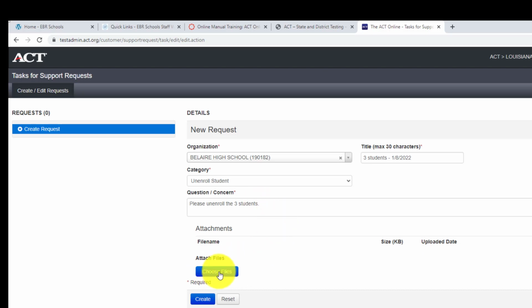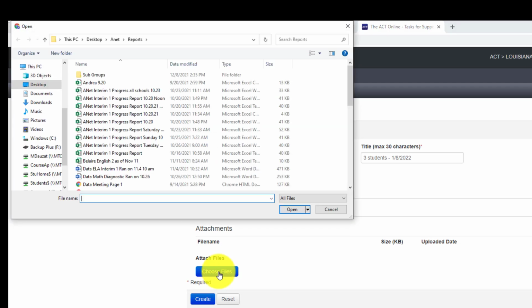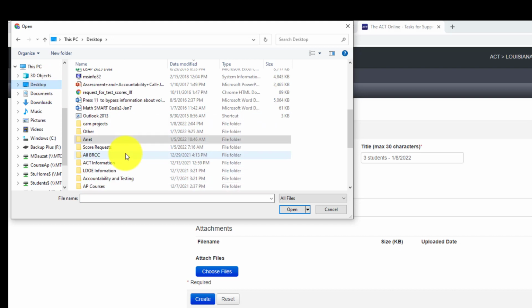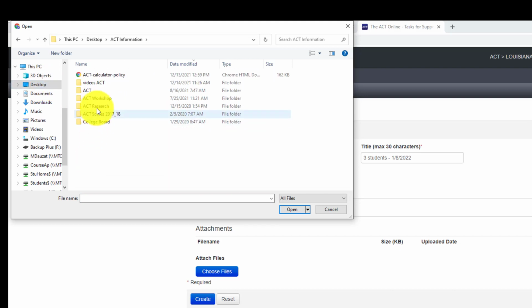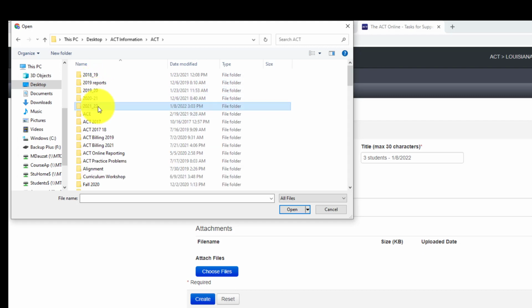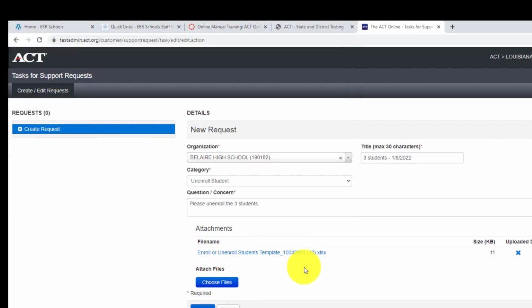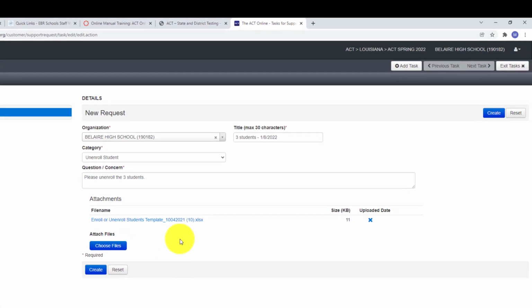All right, so then you're going to find that file. So you're going to choose files. You're going to find your file that you uploaded. Let me just see if I can quickly get this without wasting too much time. Let's see, and I think it was right here. So right here, and then notice the title name shows up, and then you click and create. Now I'm not going to click and create because there's really nothing in there, right? So I don't want ACT to be fooling with something that's not correct. But you would click create, and once you click and create, you should get a message here,